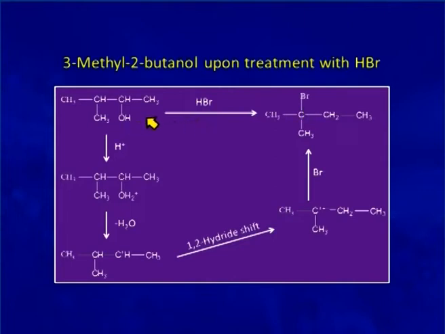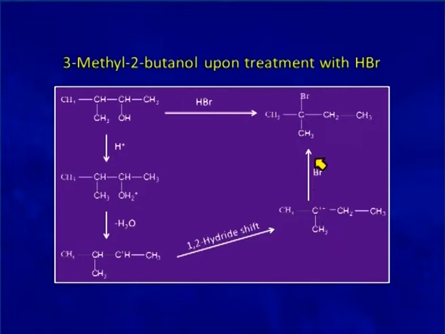We will discuss here. See, first step is the protonation. The hydroxy group gets protonated, followed by the removal of water molecule and formation of carbocation. Look at this carbocation, this is secondary in nature, and when one of the hydrogen from this next carbon with its pair of electron migrates to this electron deficient carbon, then what happens is that there is formation of a tertiary carbocation, and this tertiary carbocation being more stable is converted from a secondary carbocation.